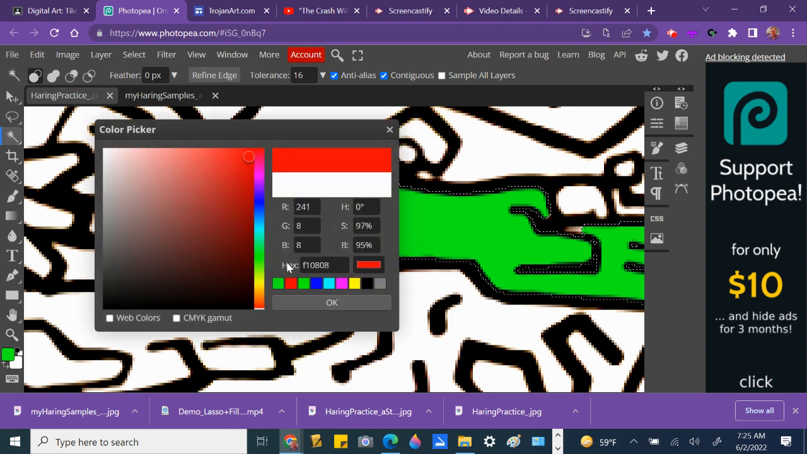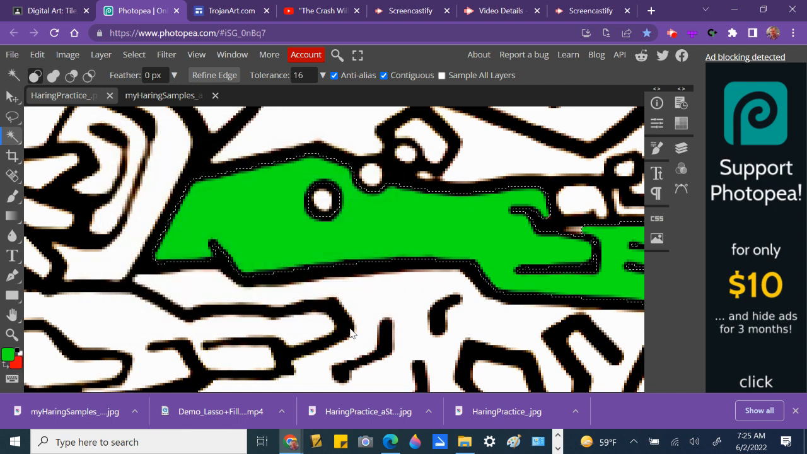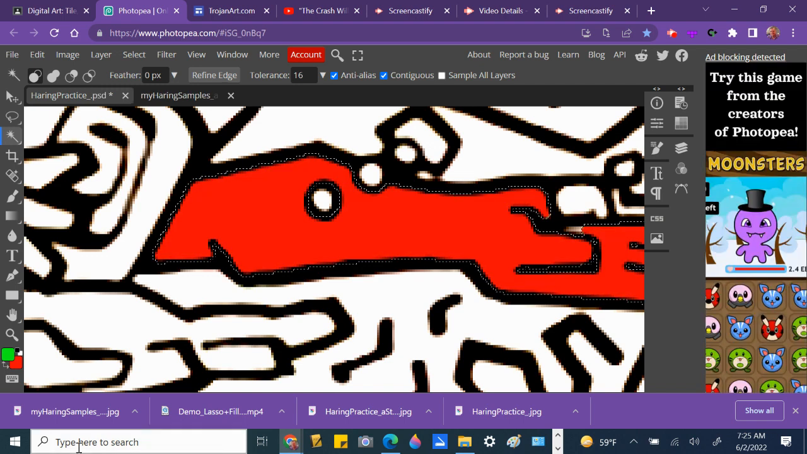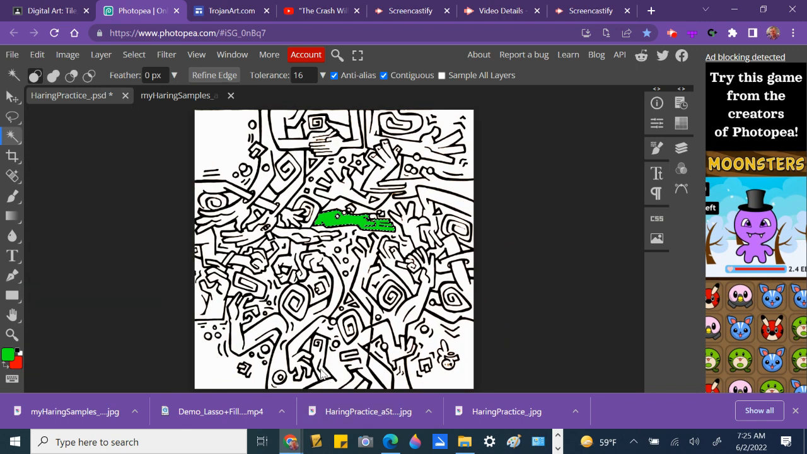If I change this to a different color, Control Backspace will fill with red. Since I want it green, I'm going to hit the Alt and Backspace, and it'll fill it with green. Control 0 gives me full screen again, and Control D deselects that area, so now I can select another area